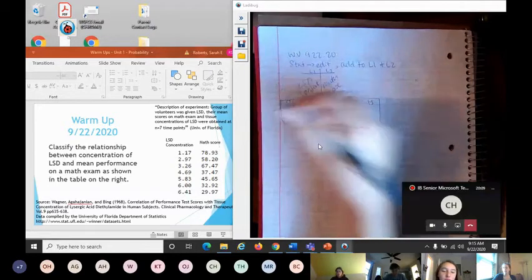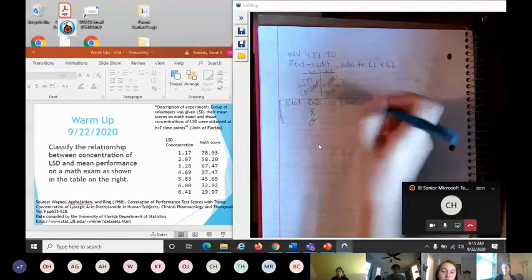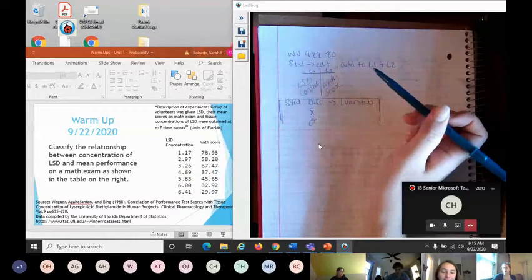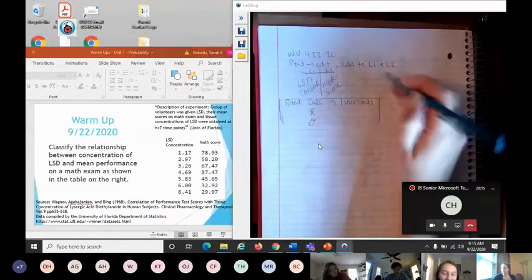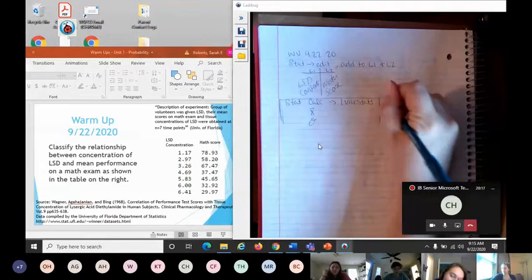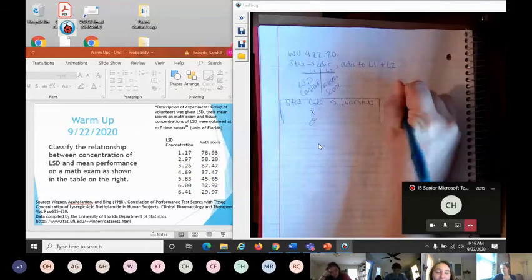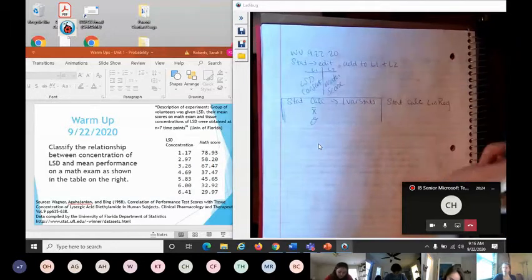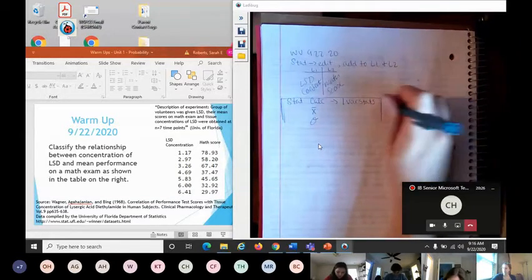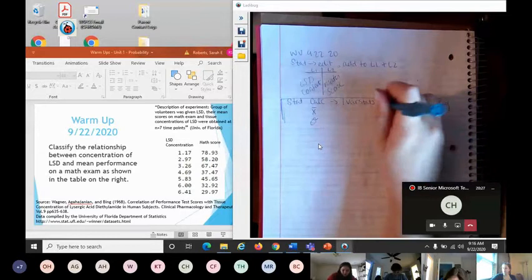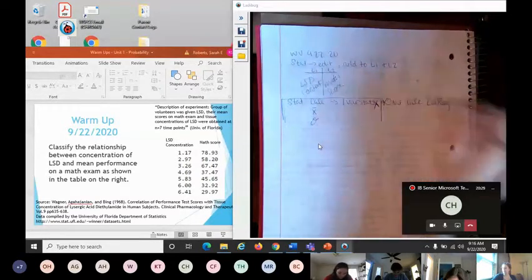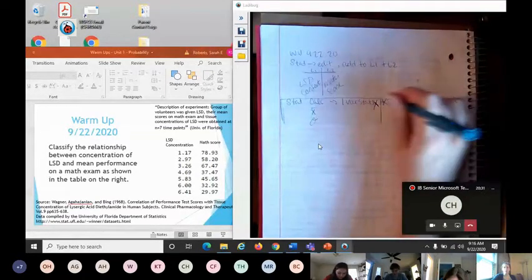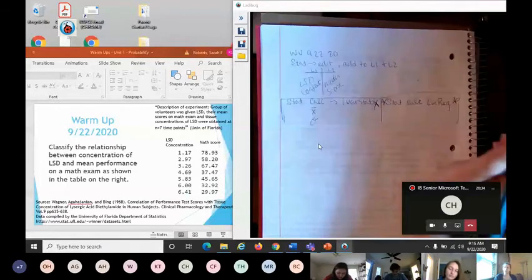Does that look at correlation between these two variables? No. So instead of this, what you're going to do is stat, calc, and then lin reg. Because the linear regression, this is what you want to do. We're not going to do this. We want to do this guy. Okay, and when we do lin reg, you should get